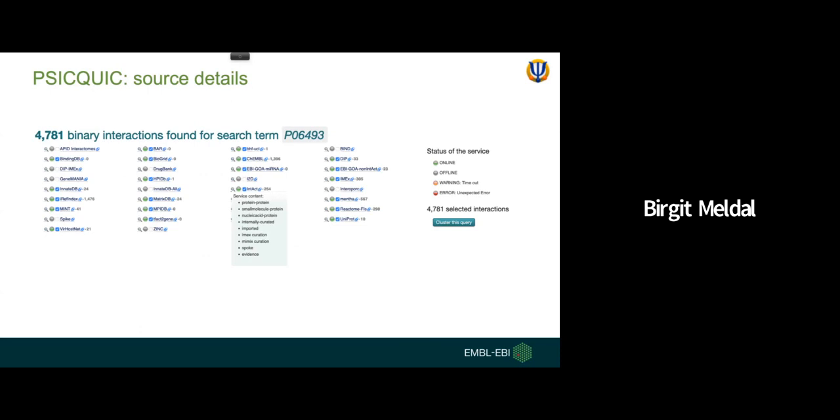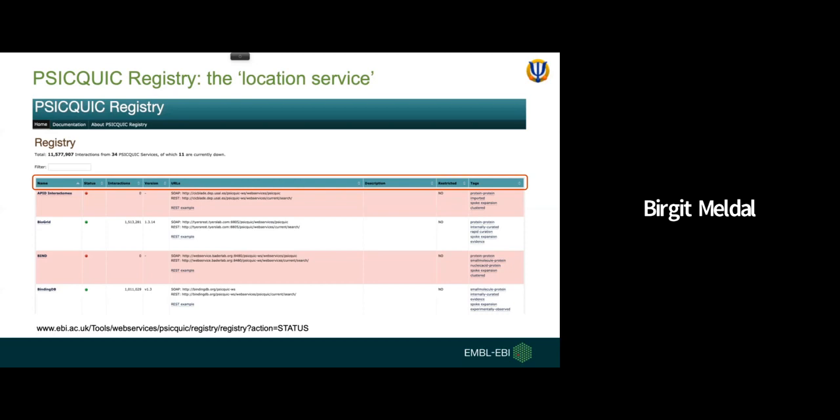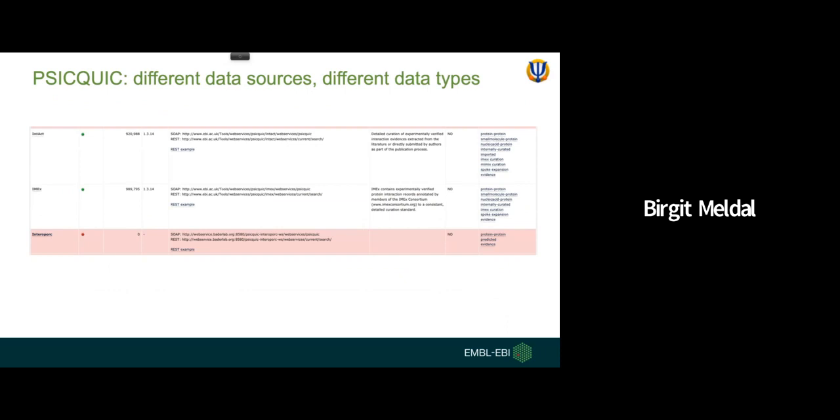If you want to find out the characteristics of each of these PSICQUIC services, you can click onto the little magnifying glass, and that brings up this pop-up tooltip. You can get further information from the PSICQUIC registry. That includes the number of interactions that are available from each database, the search URLs, and again, the tags of what characterizes this database. And here I'm comparing the INTACT and IMEx characteristics to Interporc. So you can see there's hardly any difference between INTACT and IMEx, except INTACT has got the tag imported because